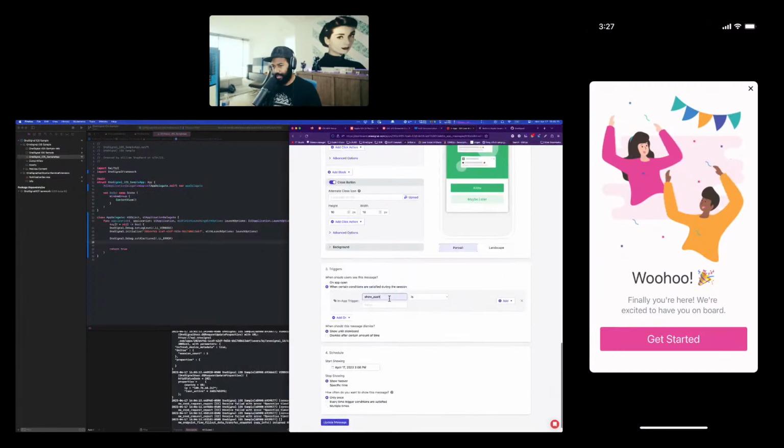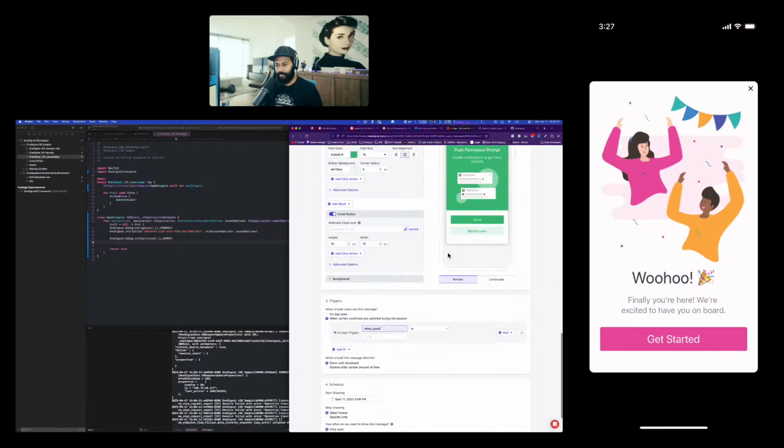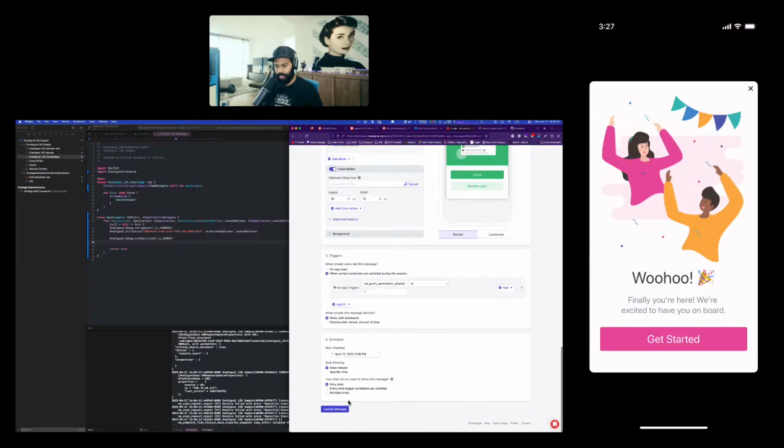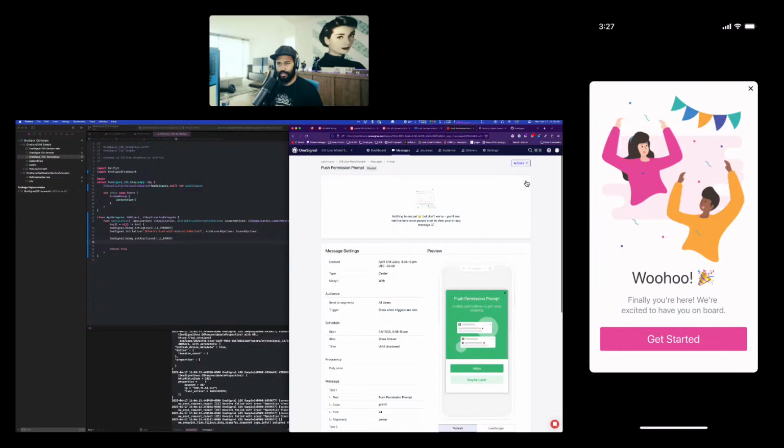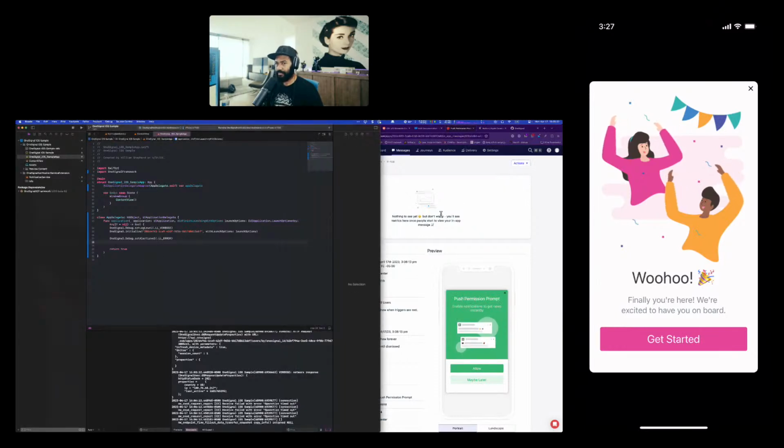Okay, so we're going to have show push permission prompt. And I don't know, I'll just set it to true, I guess. One, how about that? That's easier. And I should probably enable this. Okay, all right, so it's enabled.